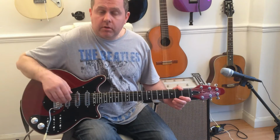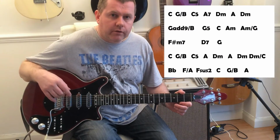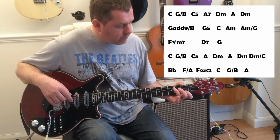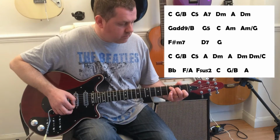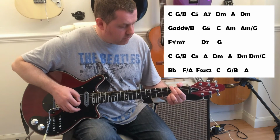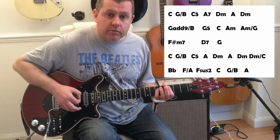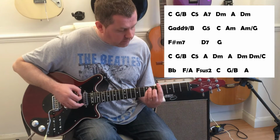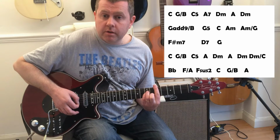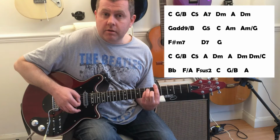It starts off with piano. There is guitar there, but it's very light in the mix, so we'll go through what the chords are. Starting off with a C to a G/B, C5, over to an A7, to D minor, to A, to D minor,